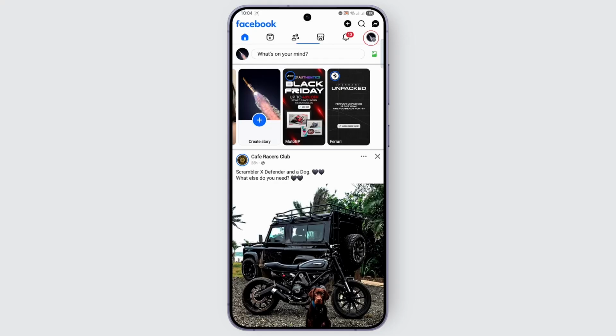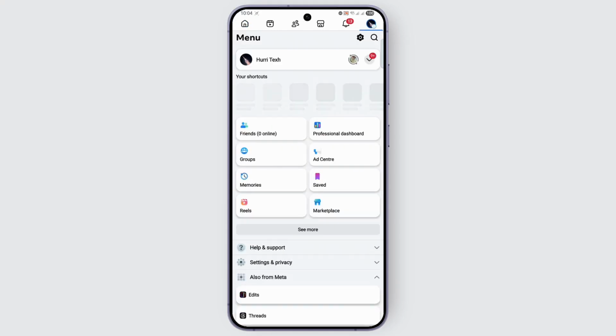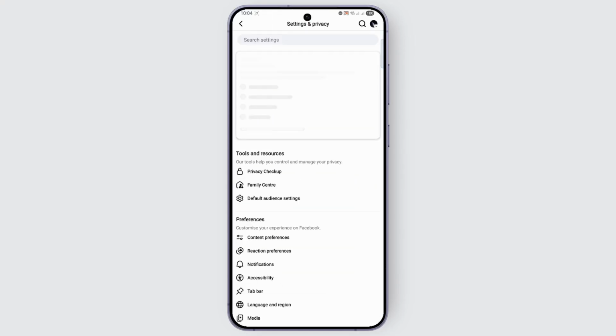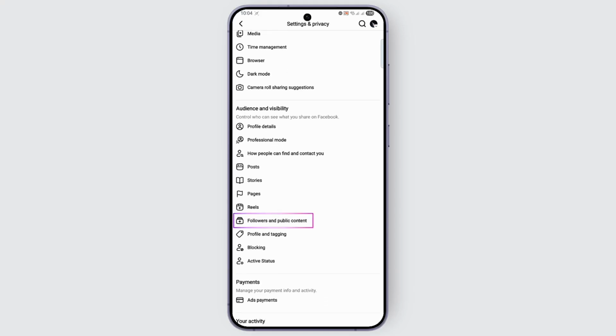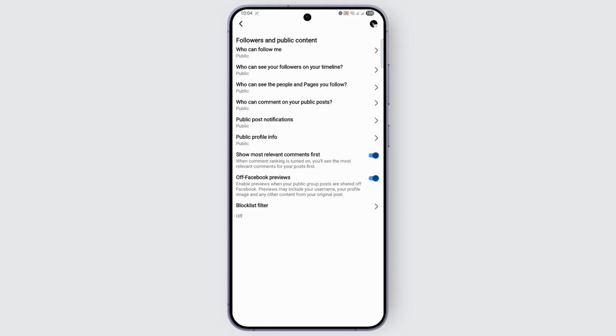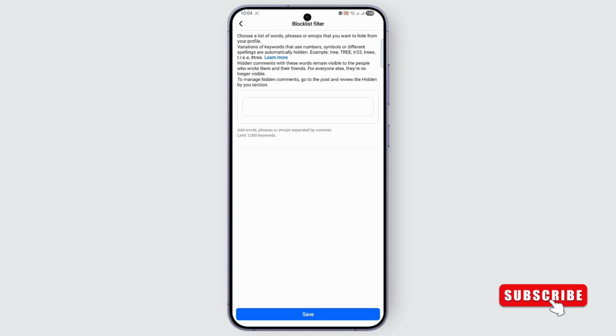Tap on the menu icon at the top right, then find the gear icon right beside it. From there, you want to scroll down until you find Audience and Visibility, then find Followers and Public Content. Tap on it, then at the very bottom you can find Block List Filter. Tap on it again, and you can choose a list of words, phrases, or emojis that you want to hide